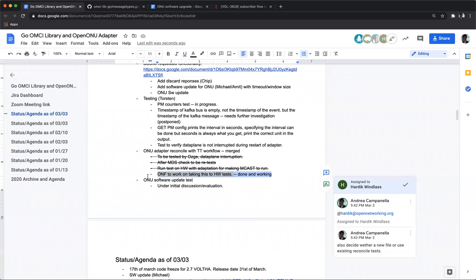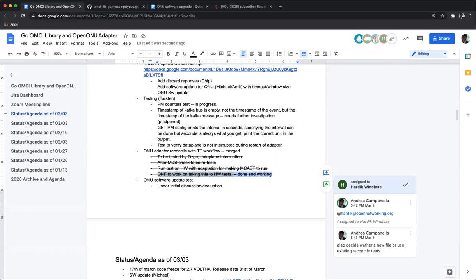So that's pretty good. It's a nice test we have, and we now have a test of restarting the OpenONU Go adapter for all 3 workflows, which is very good. Torsten, but Andrea, I don't know if this patch or this test case is the right place, but we already talked about having some kind of process continuously running traffic through the ONU during restart of the adapter, if the ONU was already started completely, no?